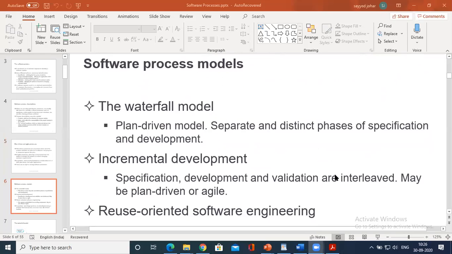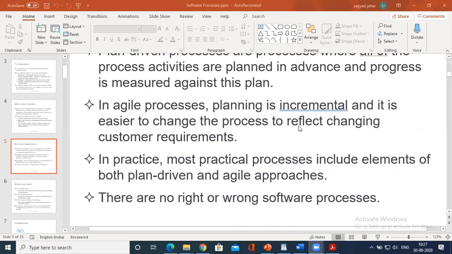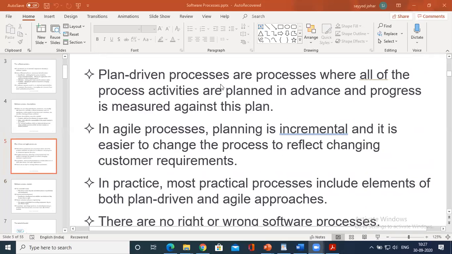So coming to the software process models, let me go to the first model, the waterfall model. To understand the waterfall model, you should know what is plan driven model and agile process. As I said, in plan driven process, everything is planned. No modification will be done in between.